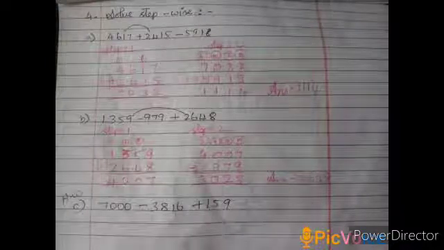So listen children, we have addition and subtraction sums together. First step we need to do the addition, second step do the subtraction. For example, 4617 plus 2415 minus 5918. So first step is to do the addition, as I put the arrow mark here. Addition: 4617 plus 2415. The answer is